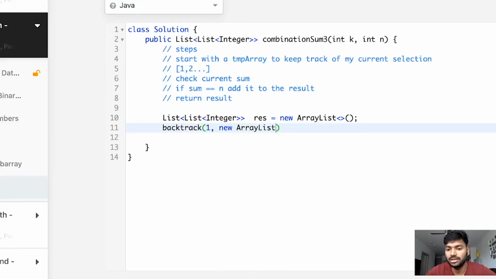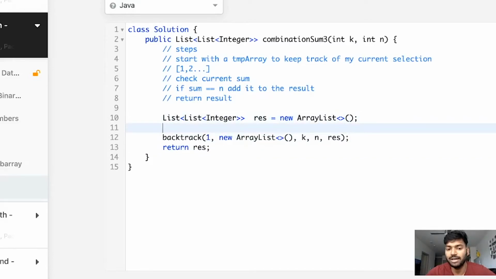And then give your temp array, which is a new array list. This is your temporary list that you want to work with, and then give your k, n, and your result, right? And then return your result.